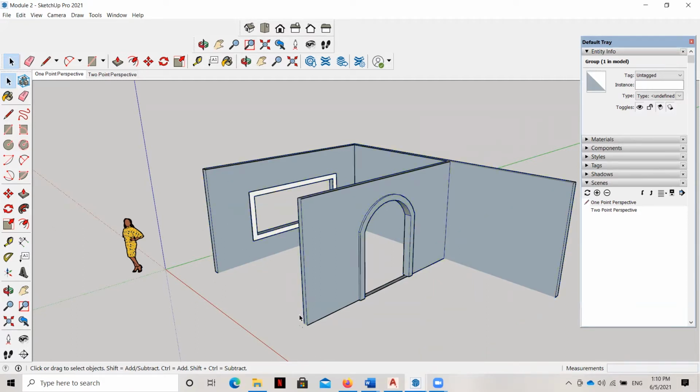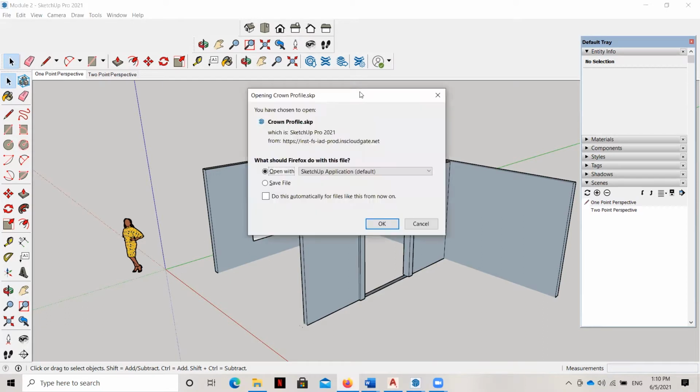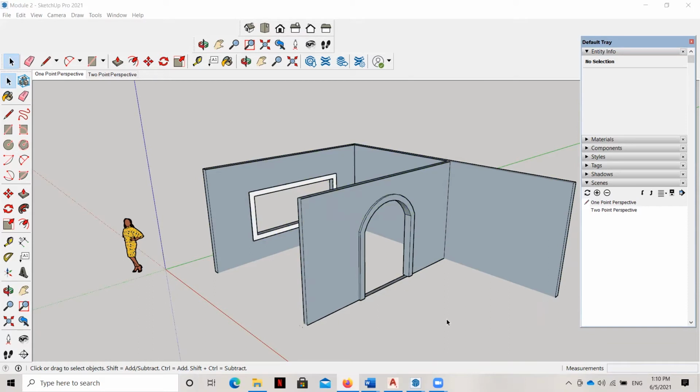The next thing that I'm going to do is create my crown moldings. Now, I have already downloaded the crown molding profile from SketchUp, and once I've clicked the download, I'm going to open it within SketchUp, and it's going to open up in its own file.